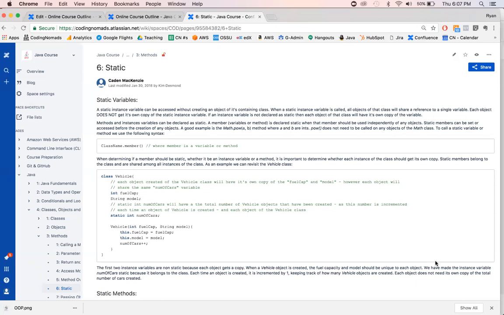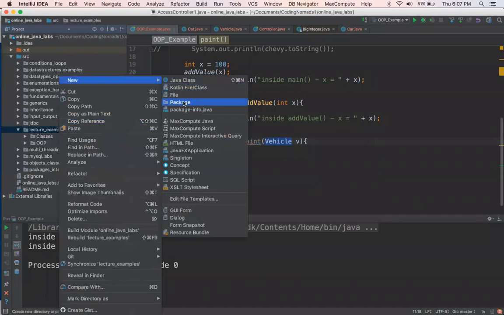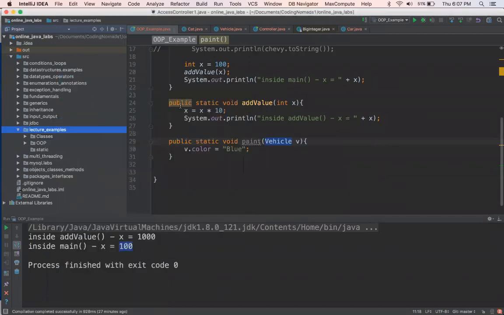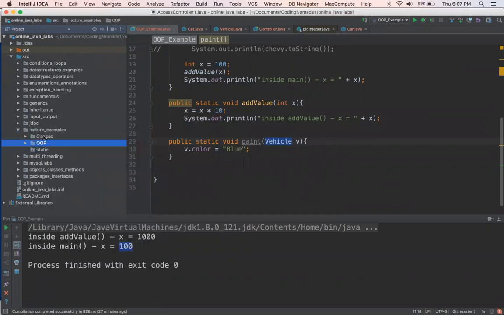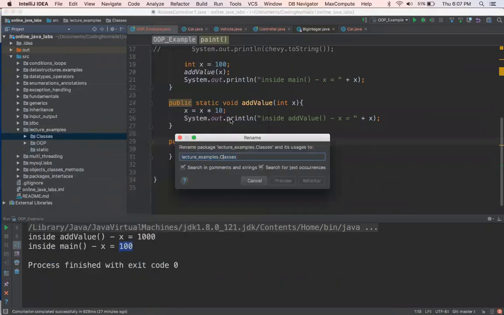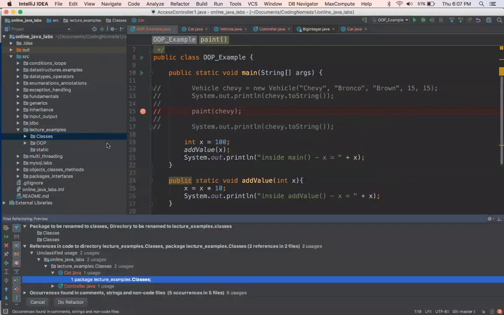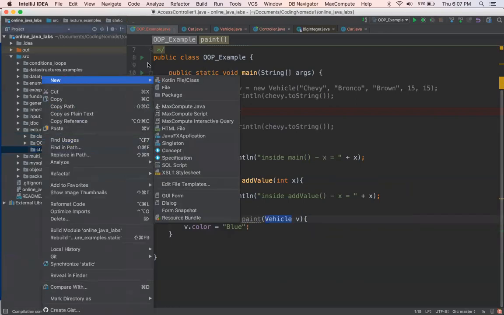A static variable or method is some kind of method that is not related to any one object of that class. So for instance, let's go create some static examples. I've got bad naming practices here. I've got one that's uppercase, and OOP I think works, but at least let's get classes to lowercase. So I'm just going to create a